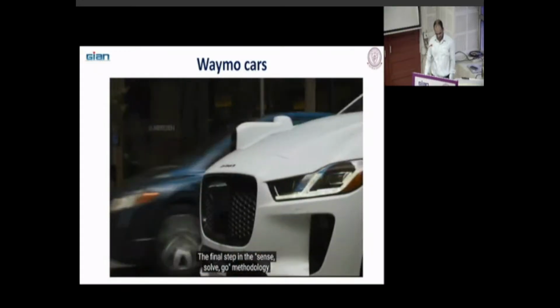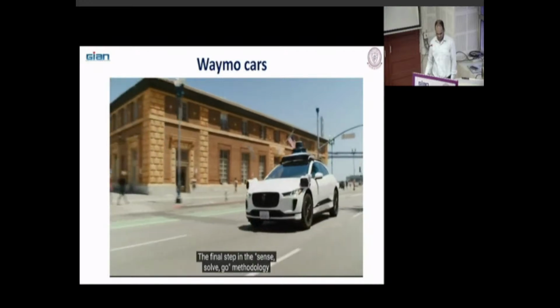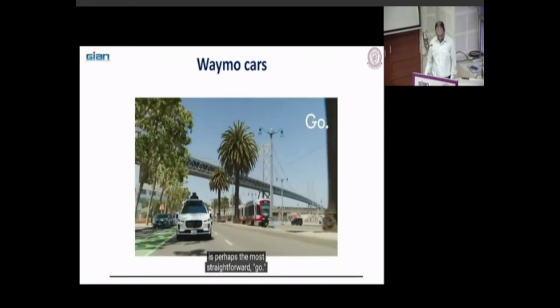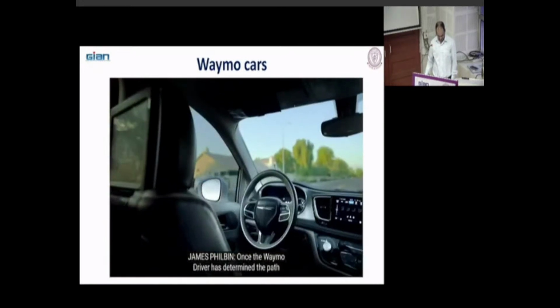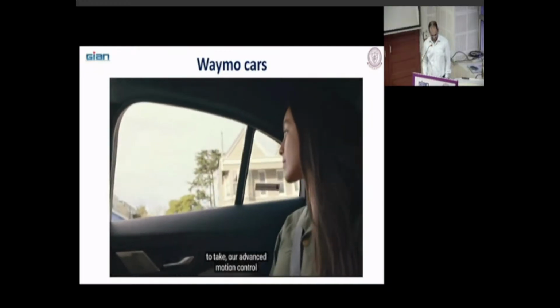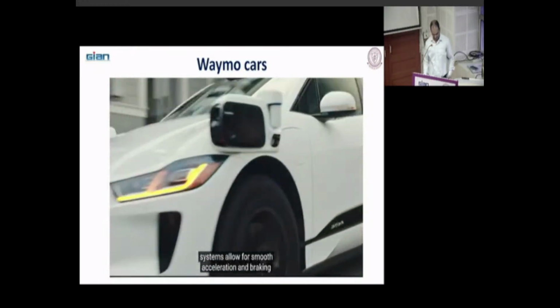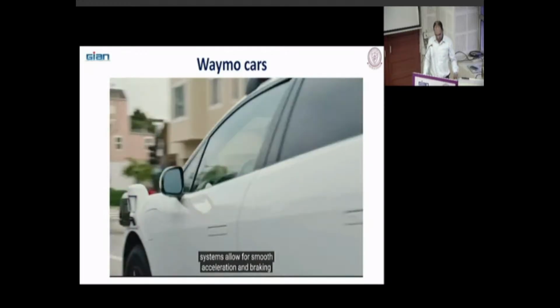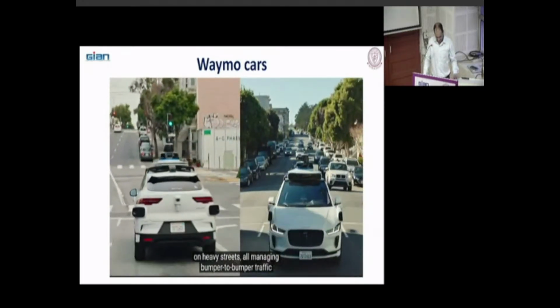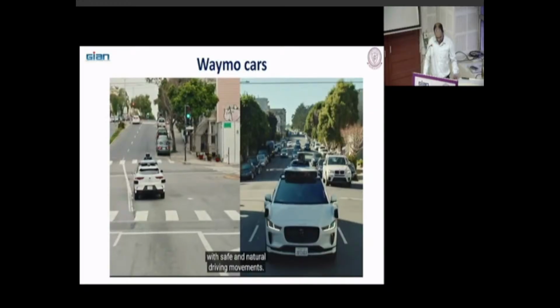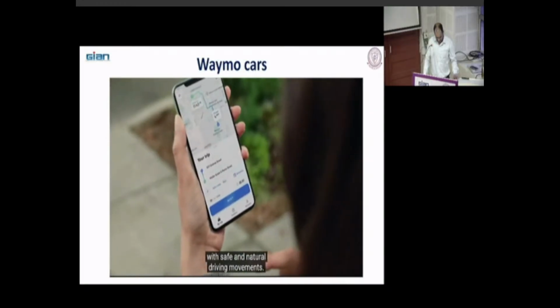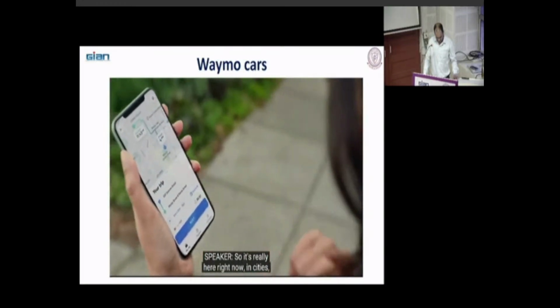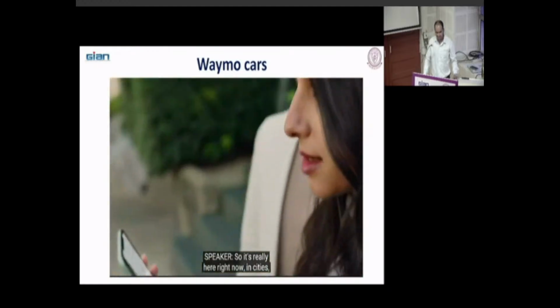The final step in the Sense, Solve, Go methodology is perhaps the most straightforward. Go. Once the Waymo driver has determined the path to take, our advanced motion control systems allow for smooth acceleration and braking on hilly streets, or managing bumper-to-bumper traffic with safe and natural driving movements. So it's really here, right now in cities.